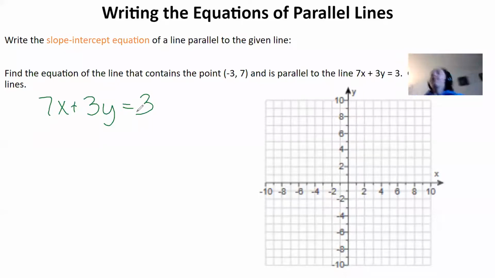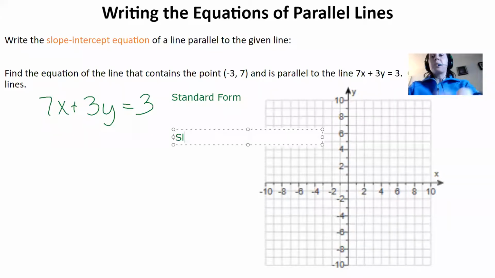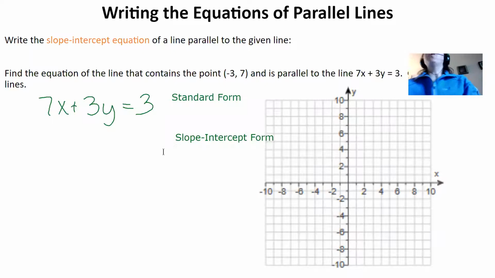Now this line is in standard form, okay? So this is standard form. And I know that it's in standard form because we have x and y on the same side. So what we want to do is get that y by itself in slope-intercept form, because that will allow us to really easily read what the slope should be. And if I want to come up with a line parallel to this line, I need to know that slope first. So first thing I'm going to do,